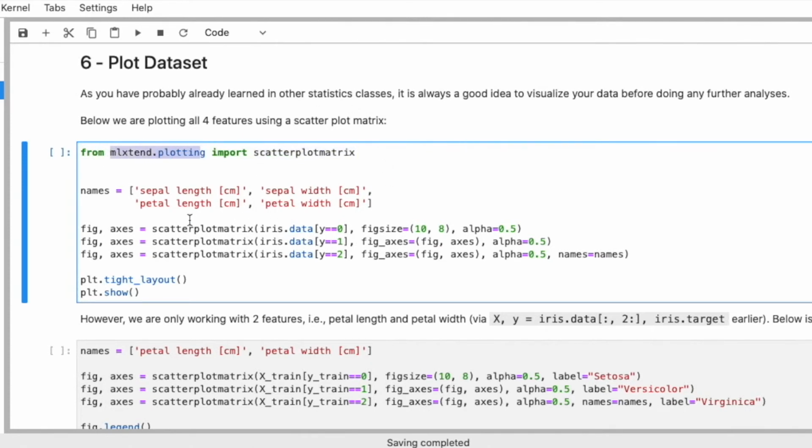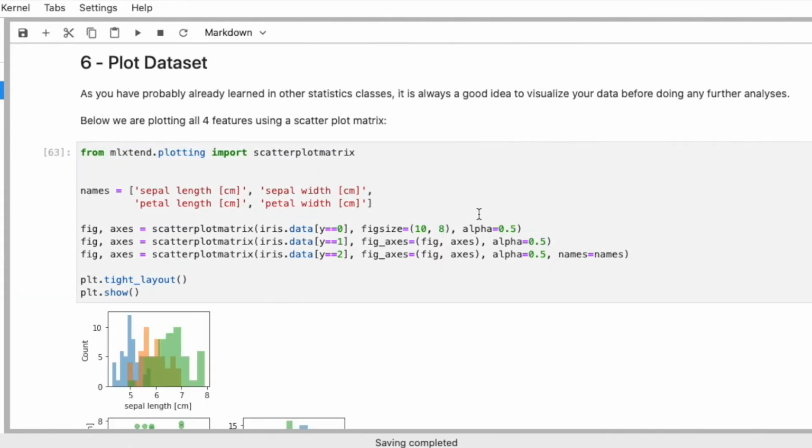I added it to a library called MLExtend, which is a personal library that I created as a grad student back in the day, implementing certain functions that I couldn't find anywhere else for Python. So it's just like a library of things I collected over the years. MLExtend stands for machine learning extensions. It's just because I couldn't think of a more creative name for that, and I was just adding functions when I needed them. So yeah, here I have a scatterplot matrix function which will create a scatterplot matrix.